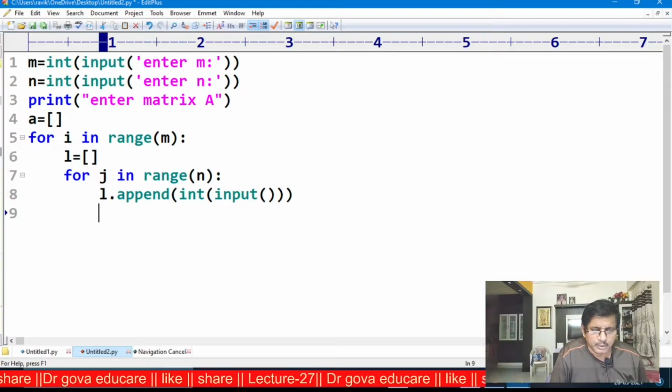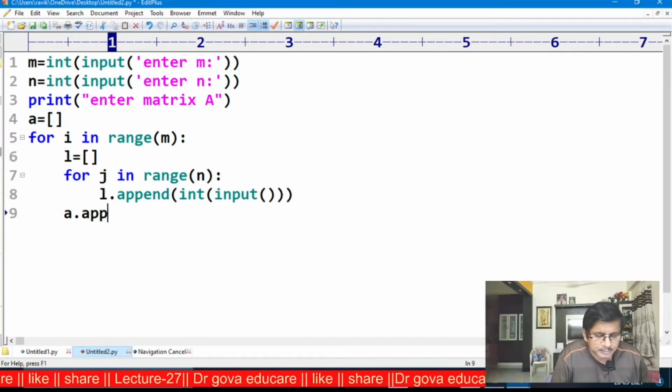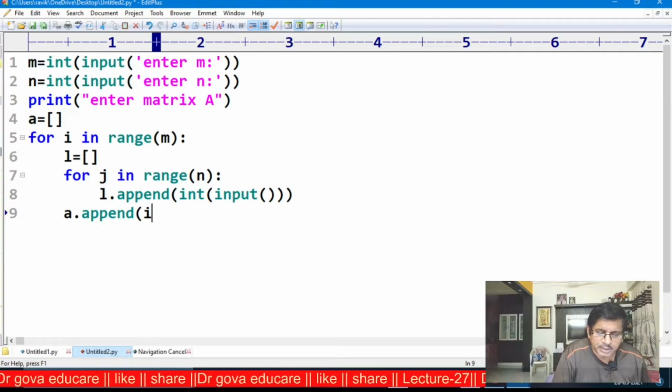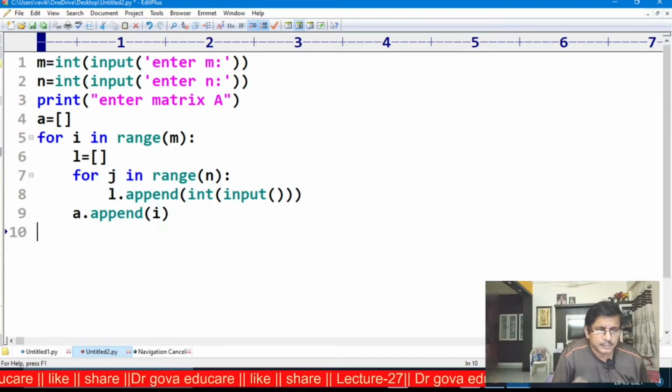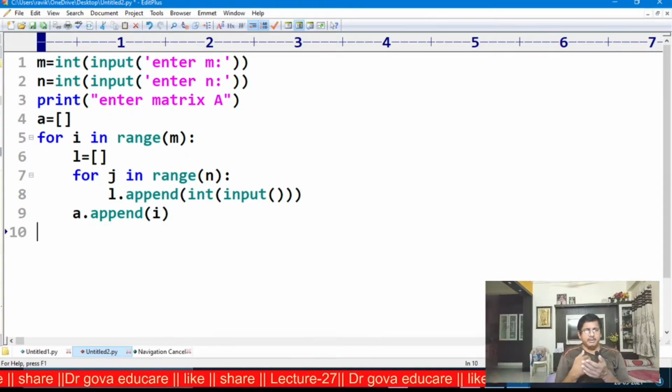Now after this, A dot append of L. Now I have entered the elements of the matrix A.